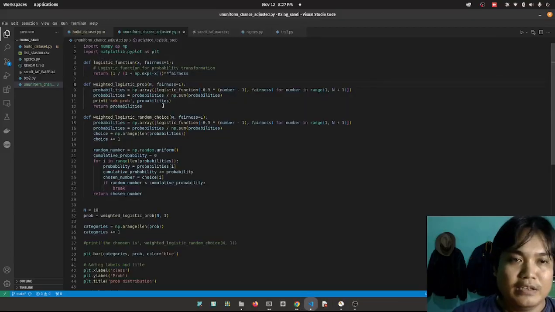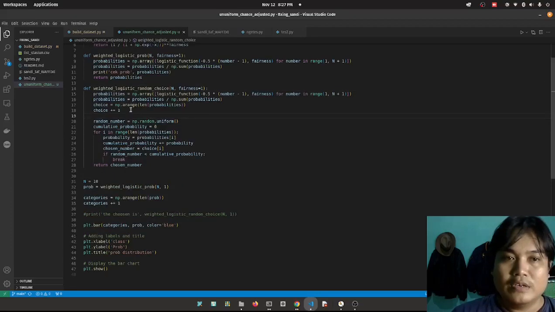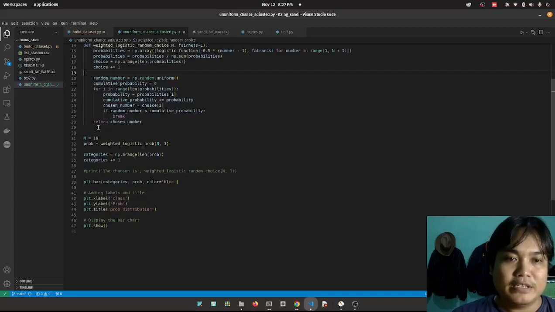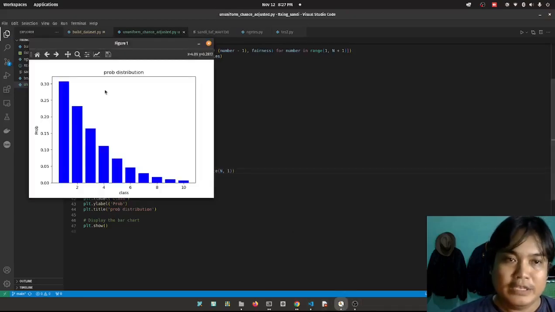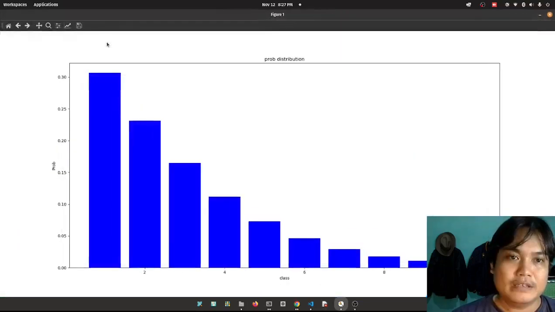And in here, it's just to make an array of probabilities, and this function is to use those probabilities to choose from this distribution of probabilities. See, you can see here. And actually, you see, the graph is like this, right? But